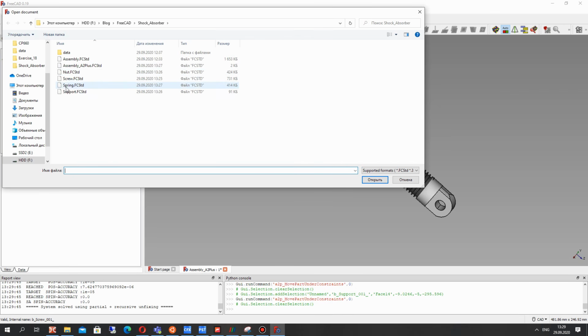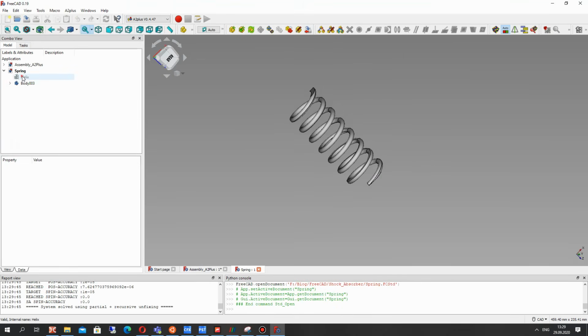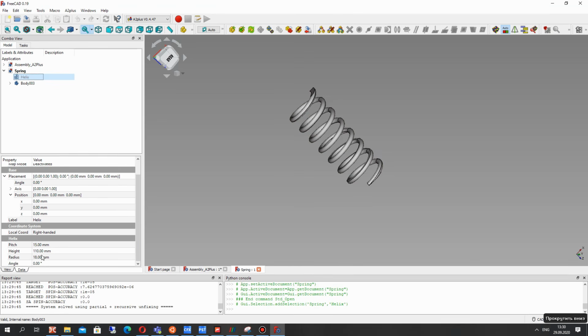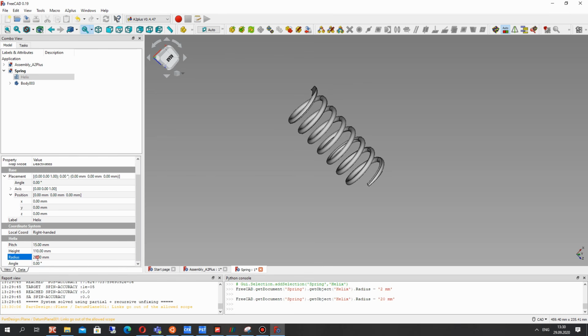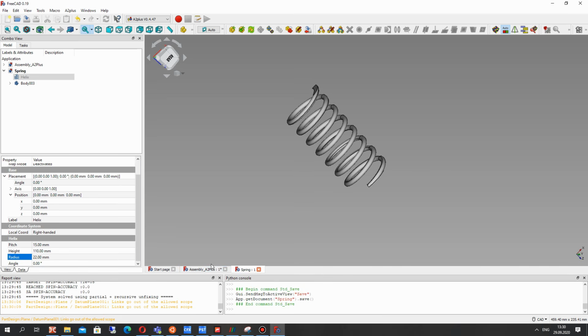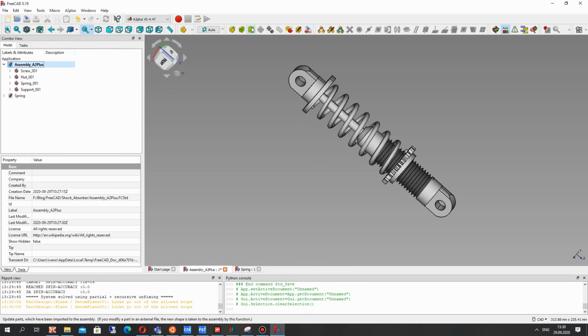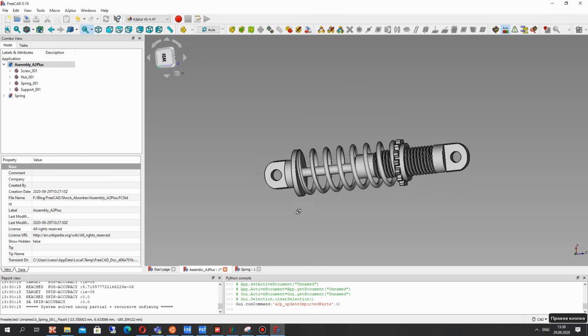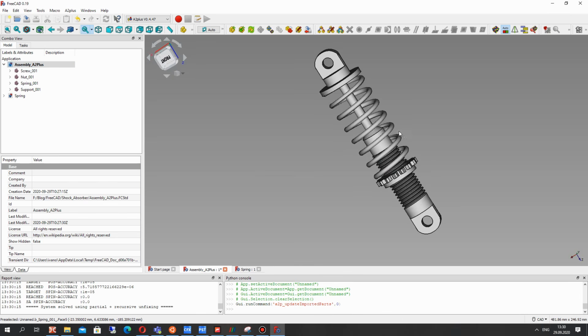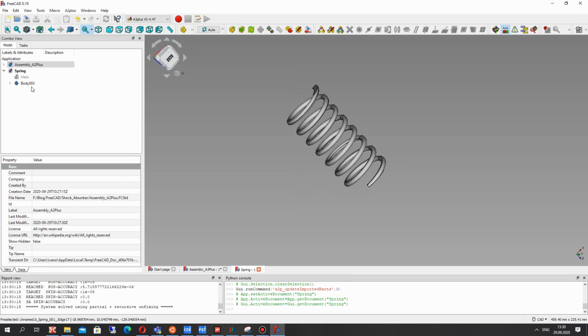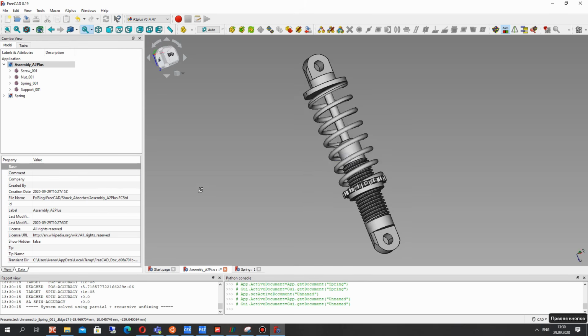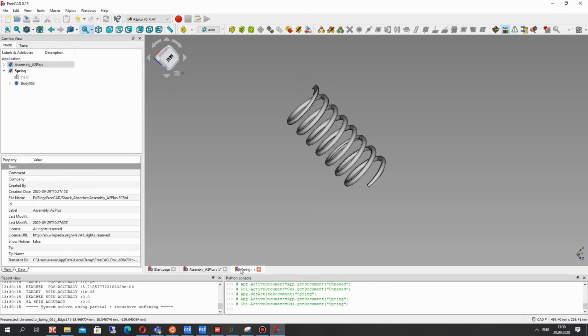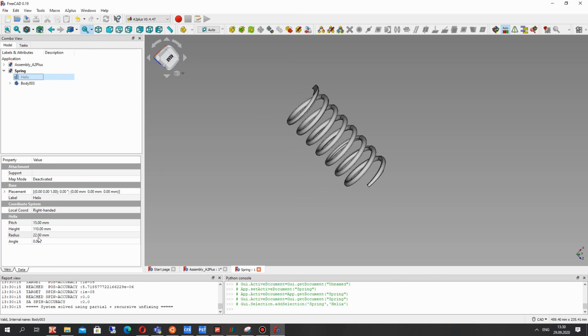Okay, so now let's open the spring for example, and let's change the helix. Let's set the radius somewhat bigger, and let's save the spring, Ctrl+S, and reload our assembly. We can see that our assembly is changed. It is a very powerful trick because we can change any detail in the assembly and it will be changed in the A2Plus